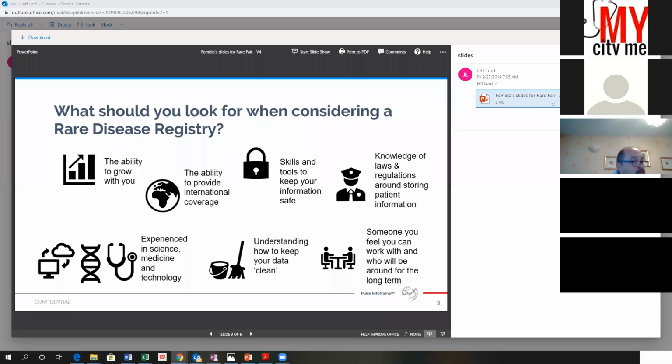So we'd have to question that, because as soon as you start letting data into a database or registry where the quality of the data is questionable, the data has less value for everybody. It has less value for the researchers who now begin to see outlier data, less value for pharmaceutical companies interested in drug development because the data becomes suspect. And ultimately, if the data is not going to be used for something meaningful that's going to actually impact patient lives, then what's the point of collecting data? It's better to have no data than to have dirty data.